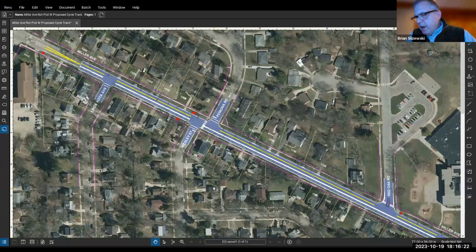There are elevation challenges, if you will, just to be able to provide crosswalks there. So some pretty good engineering work is going to need to go into a high priority, which is getting a crosswalk across Miller in that area, again, say from Arborview to Red Oak.